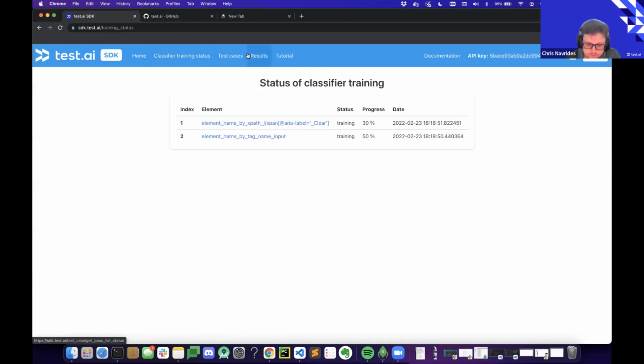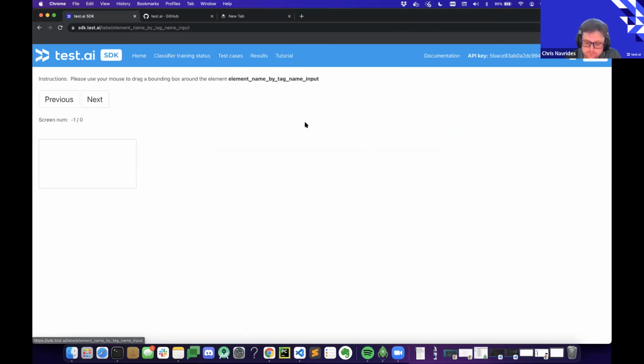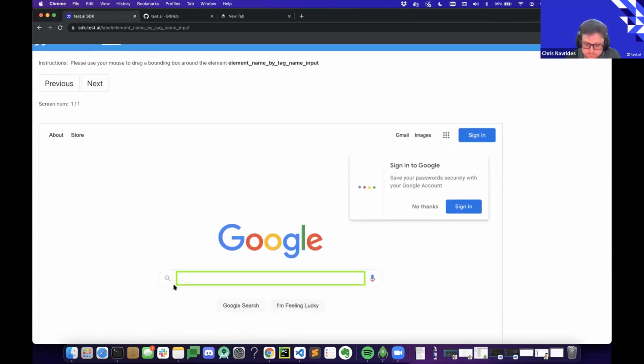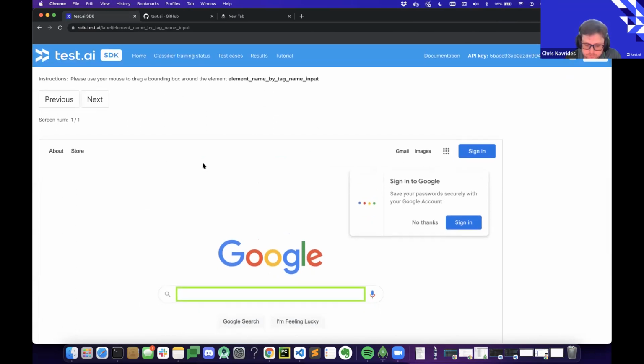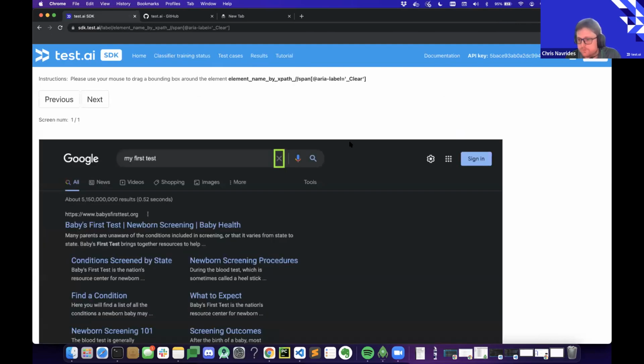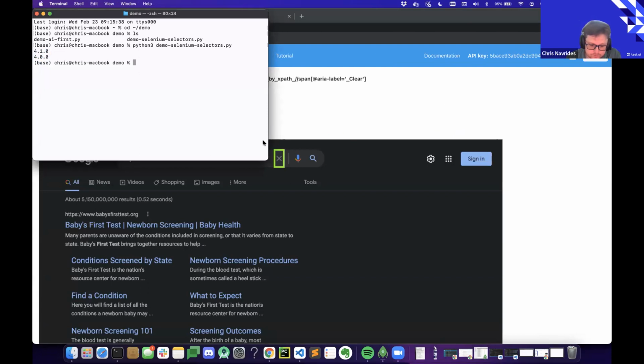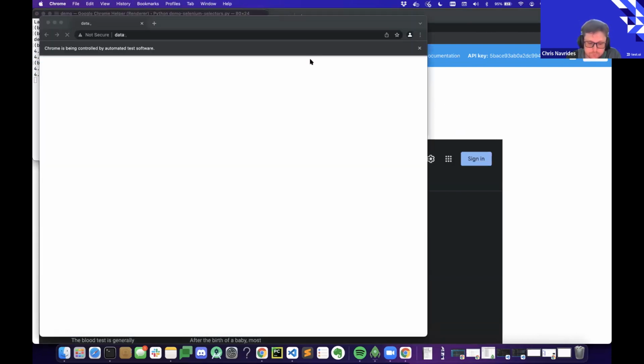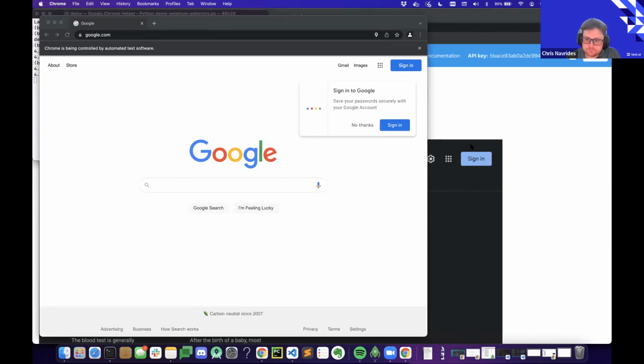So if you go back here, you can see we're training classifiers for you in the background. We also have your test case. You can click and see each of these elements. So this is the first element, which is the input box. We also can show you what we see as the clear button. And all this, again, is done with no manual inputs, no extra time added. So now if we just re-execute this test case, it still works, but we know if anything changes on this Google website, it will still execute. But yeah, that's the first backup thing of just getting that started.